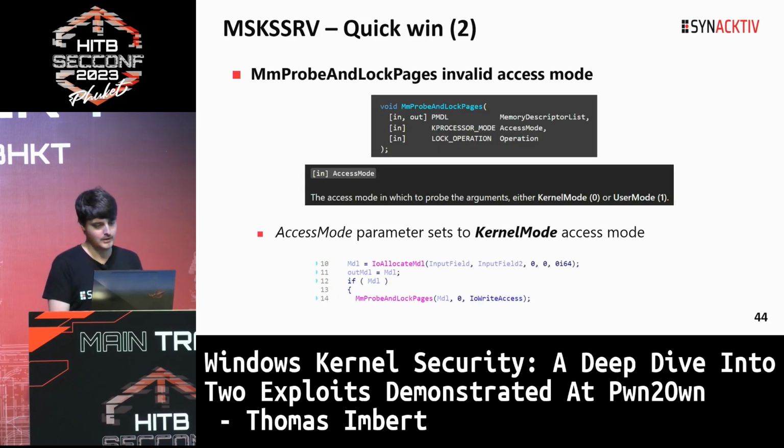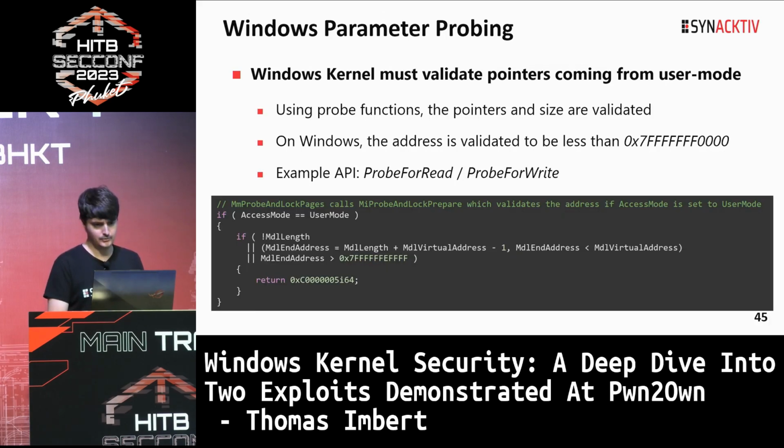So MmProbeAndLockPages is called with the MDL and the value 0, which is the access mode, which is supposed to say if the parameters are coming from kernel mode or user mode. The parameters here are coming from user mode, but the field is set to 0. So this is saying this is a kernel mode parameter. And on Windows,